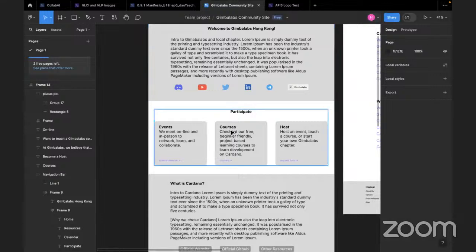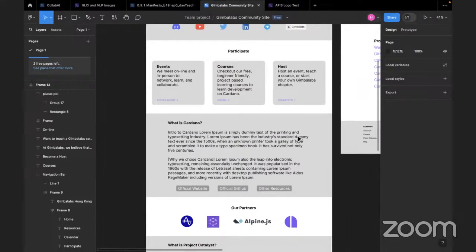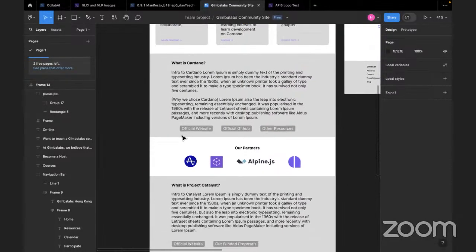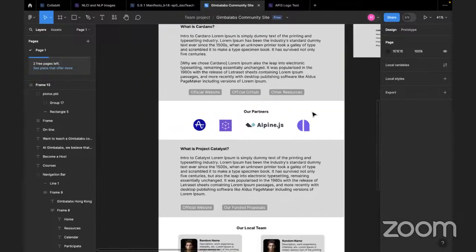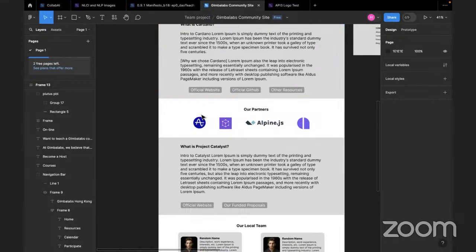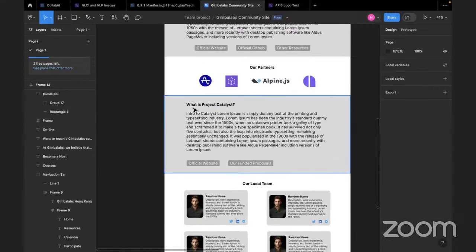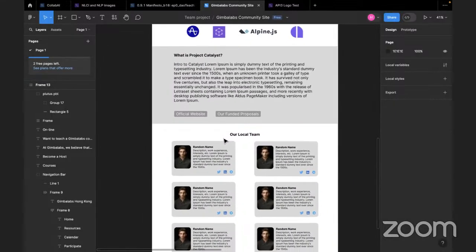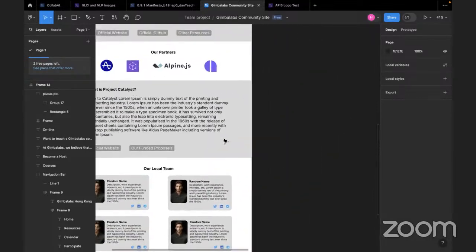Then we go to the things that they can immediately do, which is either they're interested in events or courses, or interested in hosting a Gimbalabs chapter, teaching a course or conducting an event. Then we introduce Cardano and why we chose Cardano and give a couple of official links. We share our partners. This is mostly a trust building section. Similarly, what is Project Catalyst, so that Hinson can showcase the local chapter's funded proposals and the official Project Catalyst website. And this is the team and then the footer.